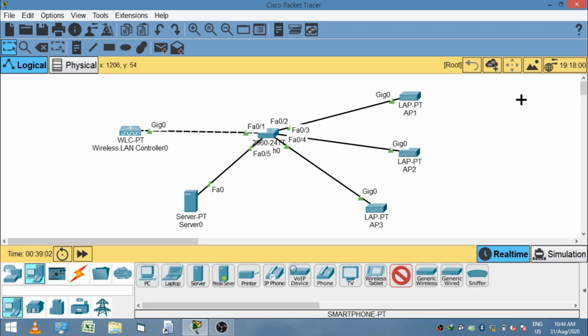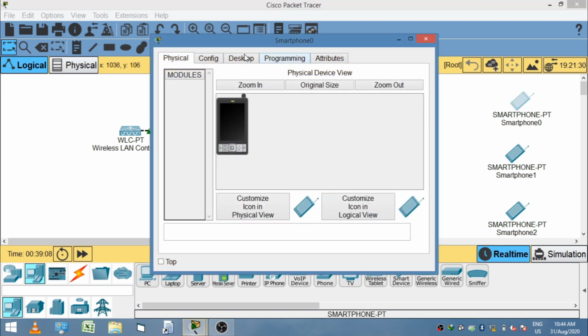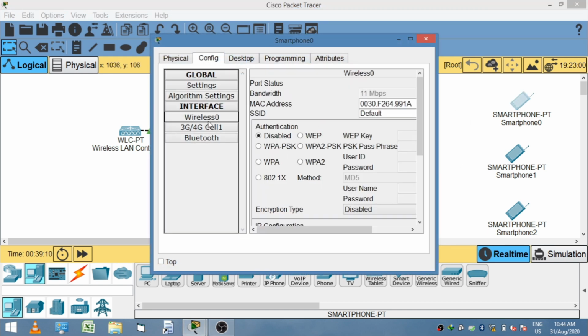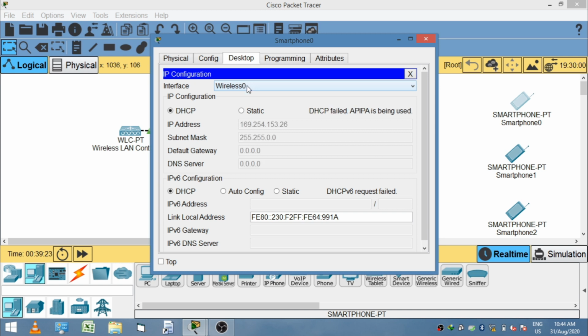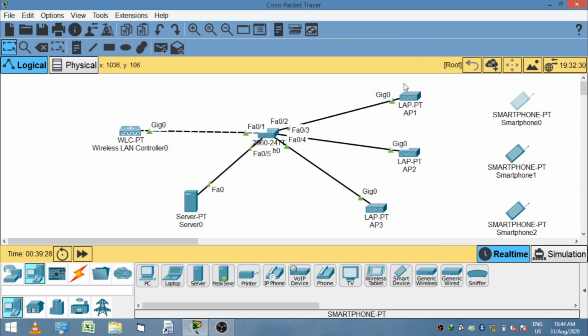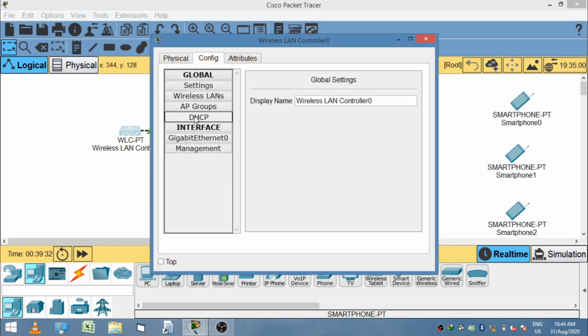Now we check whether this topology is working or not. Take some wireless devices. Here I take some smartphones. Double click on smartphone 0, go to the config tab, click on the wireless tab and give the SSID AP1, and go to the desktop tab, click on IP configuration and click on the DHCP radio button.